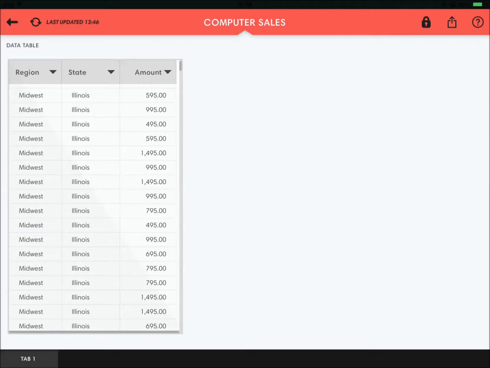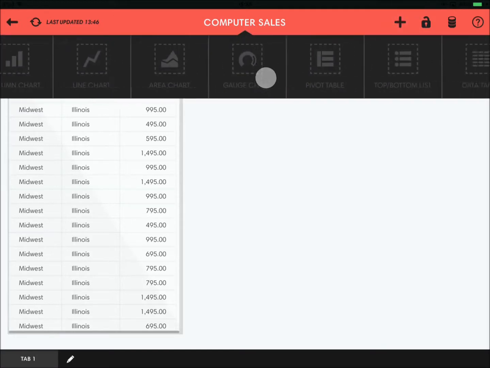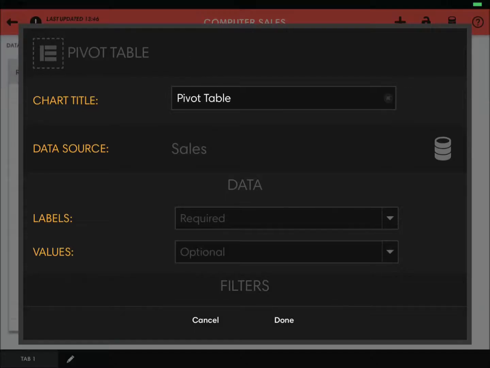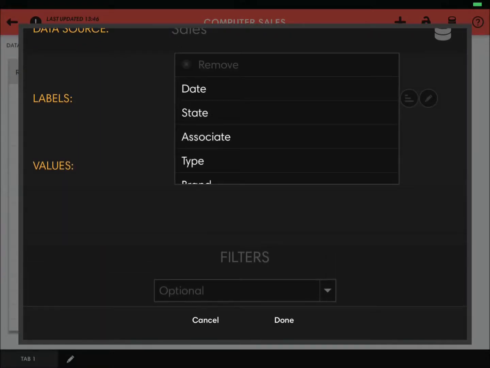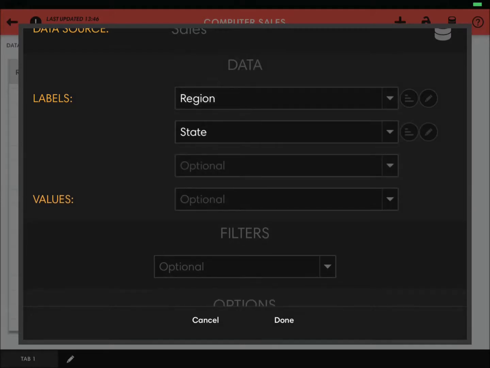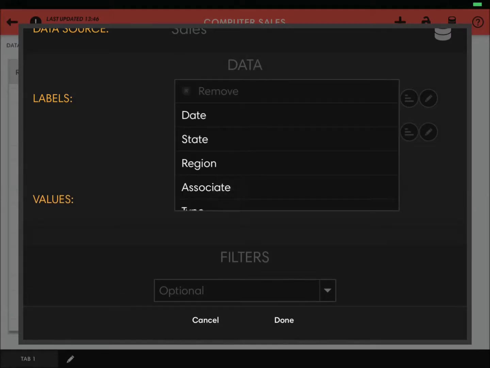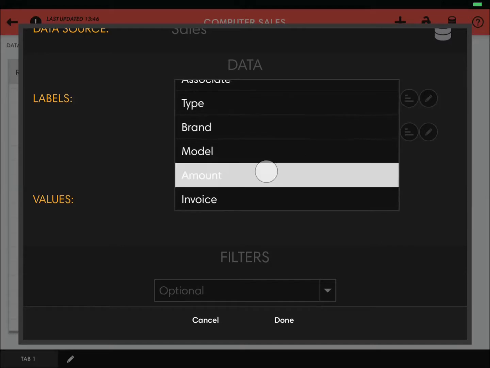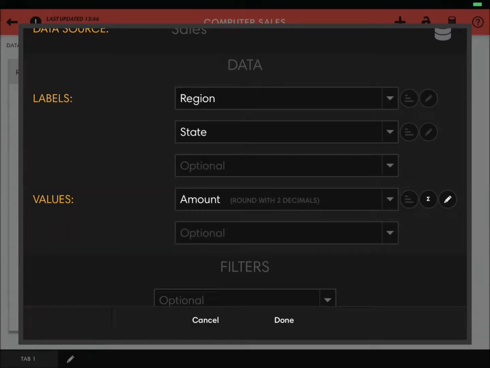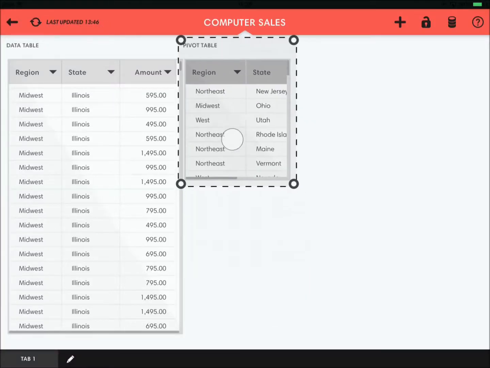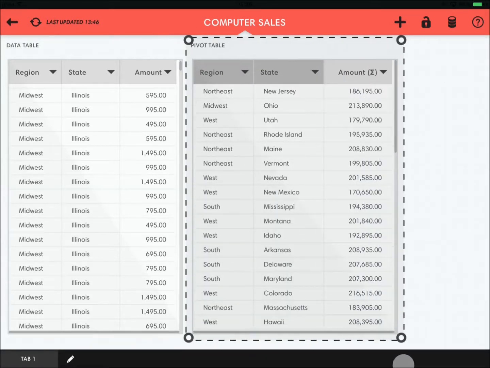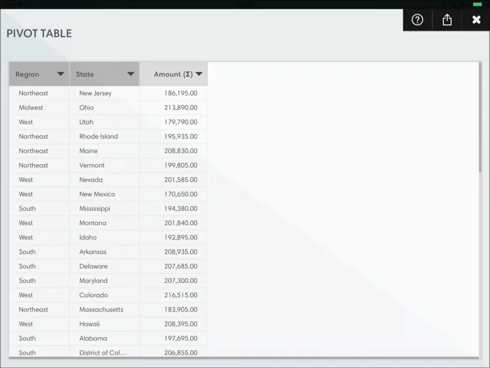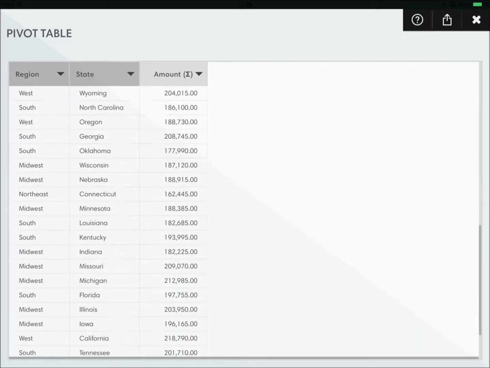Let's move on to pivot tables. Pivot tables are similar to data tables, but they allow us to group and accumulate certain columns. Let's create a pivot table that is similar to our previous data table. We'll add region and state to labels, and for this chart, we'll add amount to values. You'll notice that our data has been consolidated and that we are now able to see the sum of sales